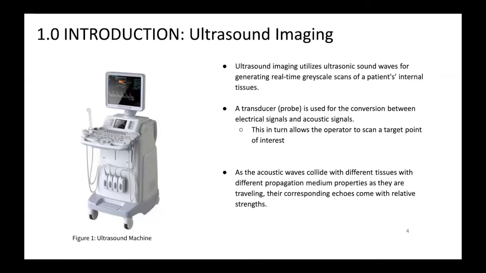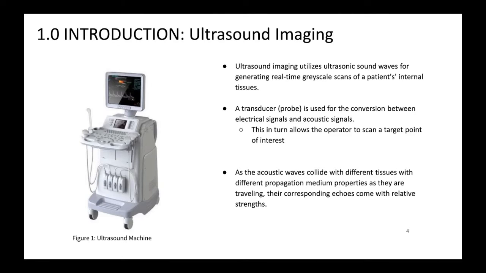Ultrasonic imaging utilizes ultrasonic sound waves for generating real-time grayscale scans of a patient's internal tissues. These ultrasounds are classified as sound waves with high frequencies that are imperceivable to humans. A transducer or a probe is used for the conversion between electrical signals and acoustic signals. This in turn allows the operator to scan a target point of interest. Acoustic waves are pressure waves that propagate through matter by compression and expansion of the matter. As the acoustic waves collide with different tissues with different propagation medium properties as they're traveling, their corresponding echoes come